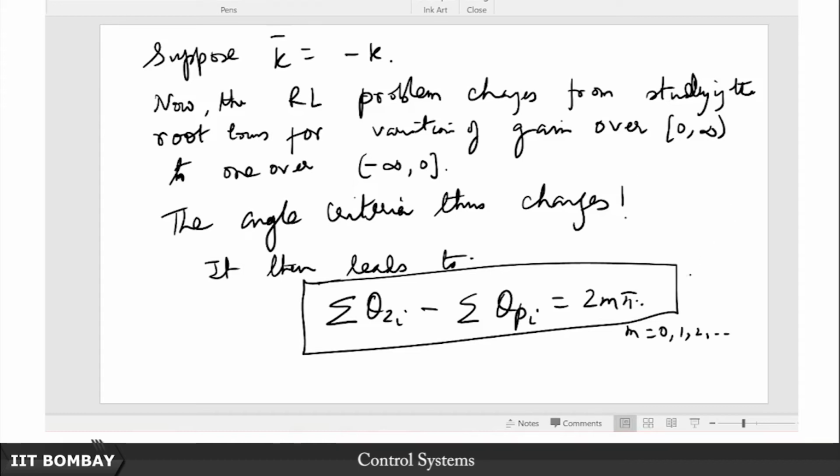This new angle criteria now. Okay. So again, exactly in the same fashion you solve for the breakaway and break-in points, and now apply the test of this angle criteria to those points. So you will see now every point on the real axis which is a breakaway or a break-in point, which